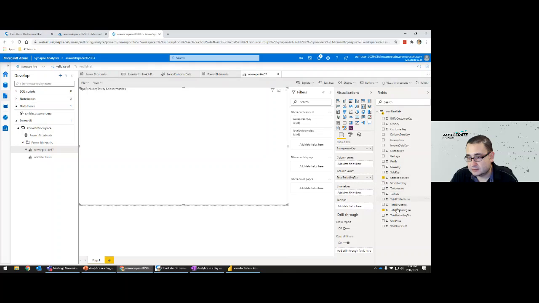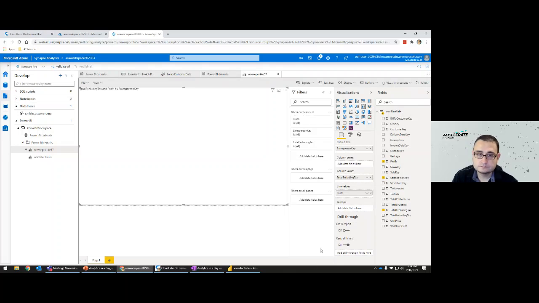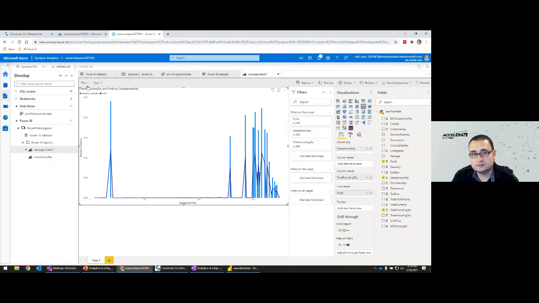And in our line values, we're gonna use the profit. So now that we do that, you're gonna see the little spinning progress right here, but it is actually executing a query against our Synapse database and bringing that data back.